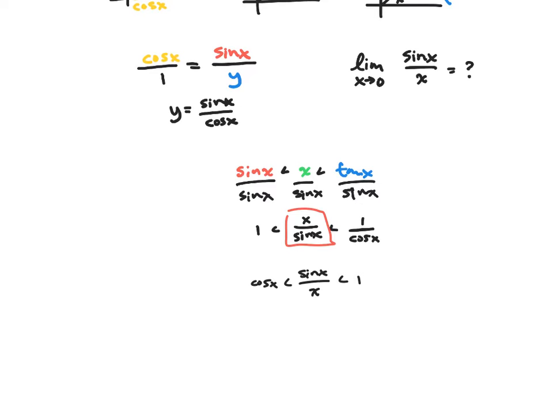We said if f of x is less than g of x is less than h of x, and both f and h go to a certain value, then g is forced to go to that value. So I'm going to show here now that the limit as x goes to 0 of cosine x, well, what's that? That's cosine of 0, which is 1. And the limit as x goes to 0 of the number 1, right? So if x goes to 0, it doesn't matter. 1 never changes. That's also 1. Then by the squeeze theorem,